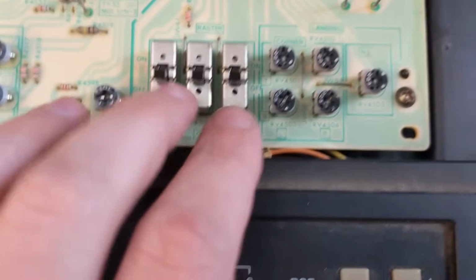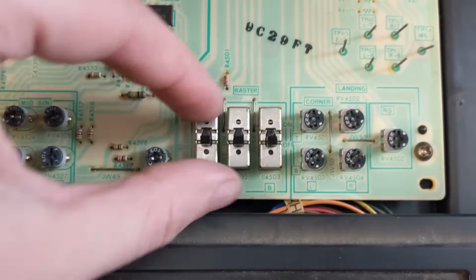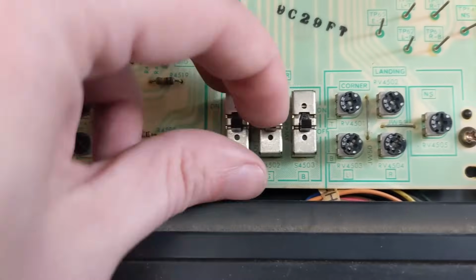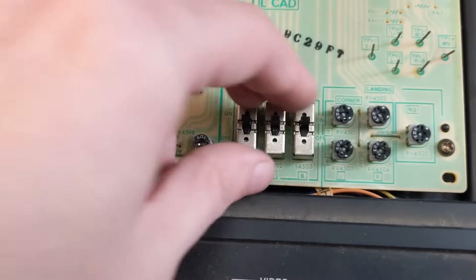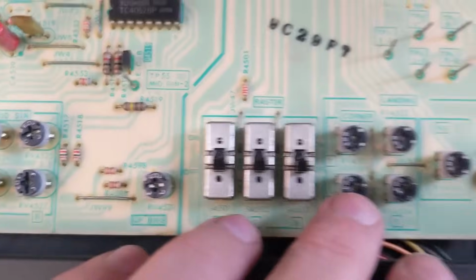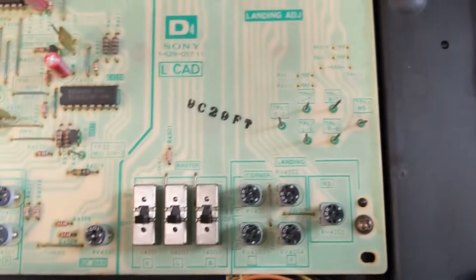And these switches are cool because when you flip the switch, it doesn't show the regular picture, so it'll only show a red screen. And when you flip this one, it'll only show green, and this one, it'll only show blue. You can flip all three up to have it be white. It's really cool. And then this lets you adjust landing, because